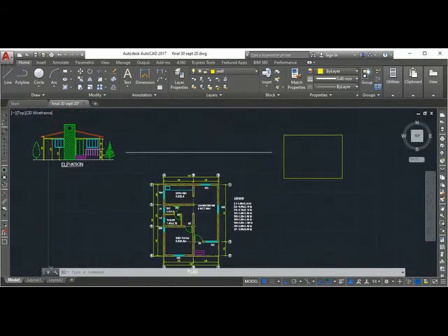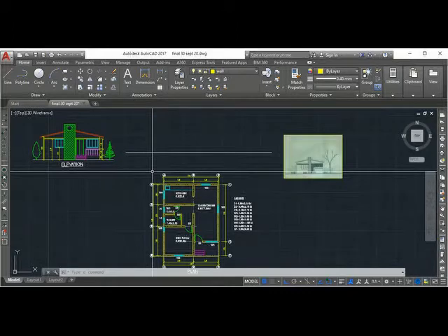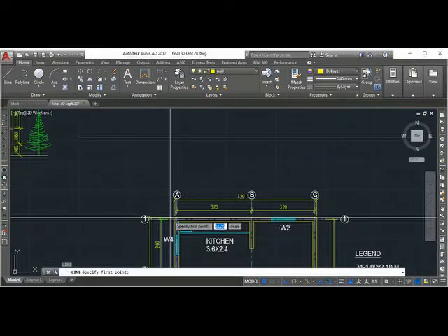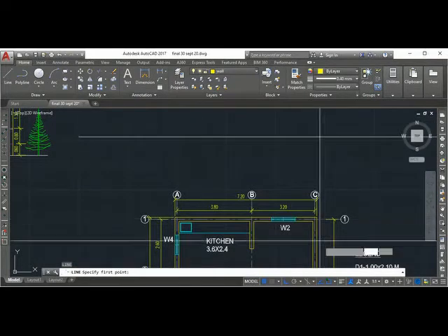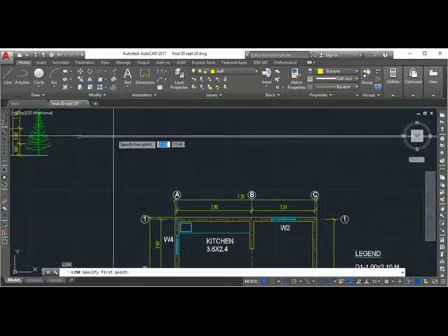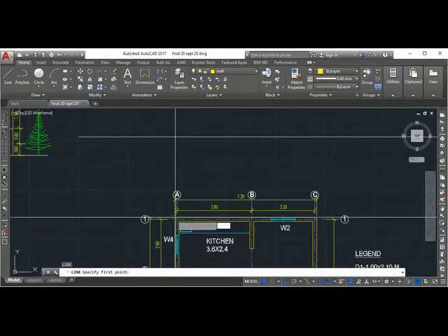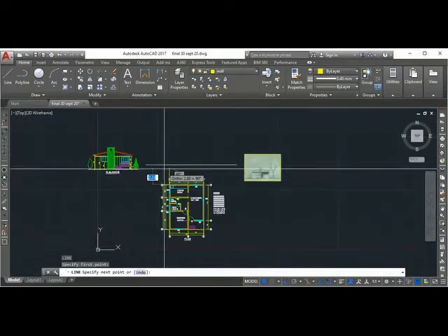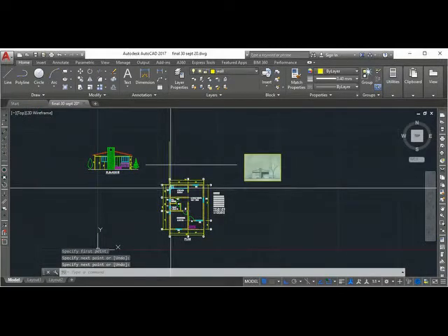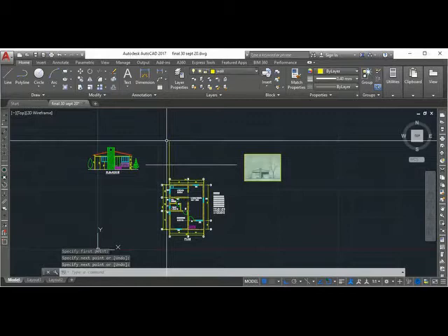Okay, so I will just draw a line. I'm in the wall layer now because I'm going to draw walls. I'll just start from here. I'm in the line command. I will just go to this corner and draw a line. There is a shortcut by which you need not draw though. You can directly draw from here.